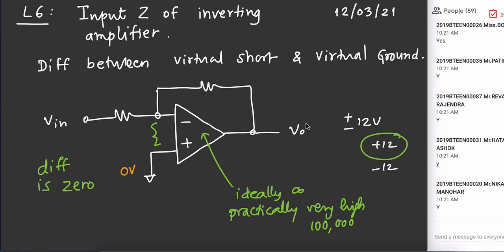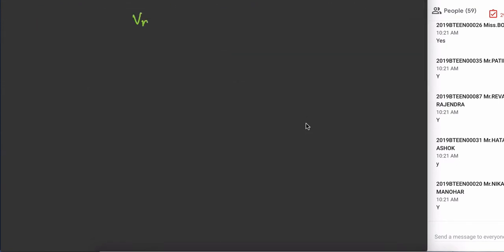Now, difference 0 means what? Whatever is one voltage, the other voltage is the same. Now, out of these two voltages, one is Vp, the other is Vn. Out of which Vp is fixed, so Vn must be equal to Vp. So, we write down Vn is equal to Vp. Fine. So, in this case, Vp is 0. So, the equation is Vn is equal to Vp. So, in this case, Vp is equal to 0 and therefore, Vn becomes 0.